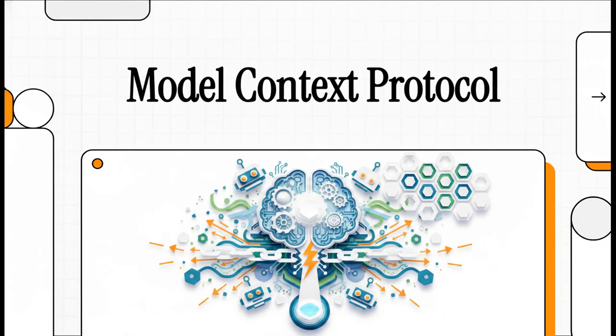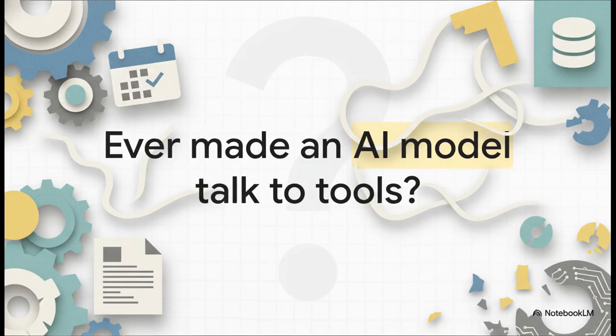I'm absolutely thrilled you're here today because, look, we are unpacking a massive, literally industry-changing shift in AI development. If you follow the AI space at all, you know things are moving at warp speed. But there's been this glaring bottleneck holding us back from building truly autonomous, useful AI systems. Today, we're going to break down exactly what that bottleneck is, and more importantly, the brilliant new standard that's finally solving it.